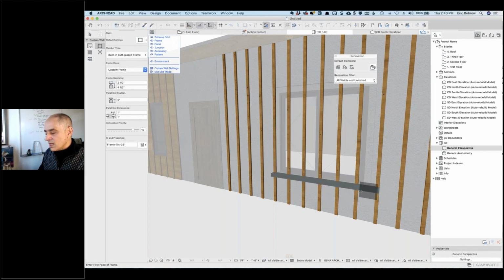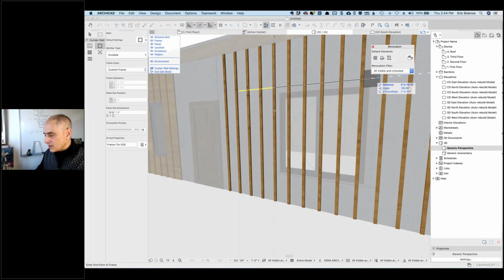And now I ended up, for some reason, I thought I was putting in an invisible one. It put in this butt glaze, but I'm just going to go in and select all of these in a row here. So I've just used the option curtain walls to do that. And I'll say, no, this is going to be invisible. Now, it doesn't look like much of anything, but now you can see that this upper piece is separate. So let me go and eyedrop this here, and let's pop in another one along here, across to there. And now these guys